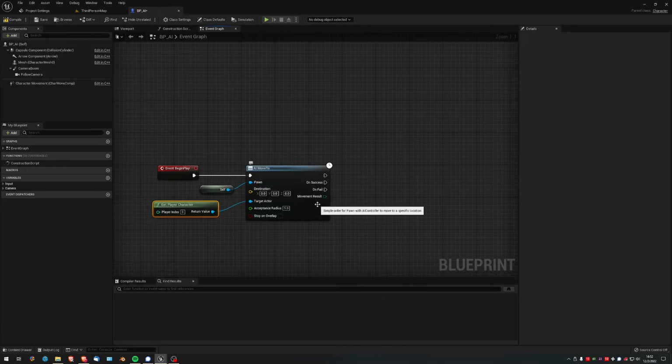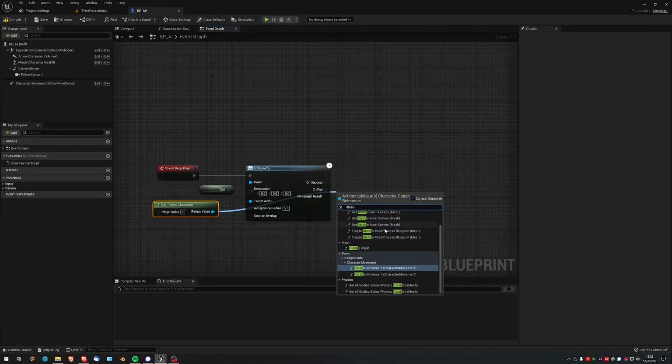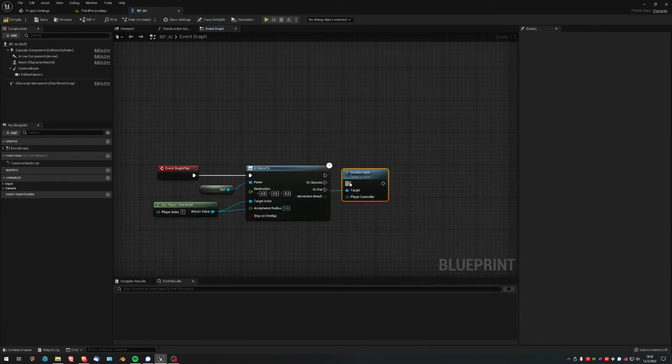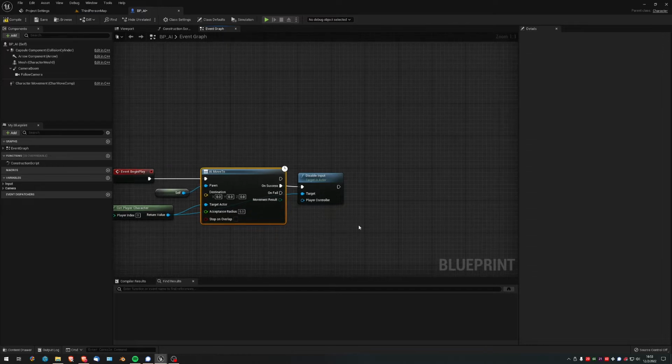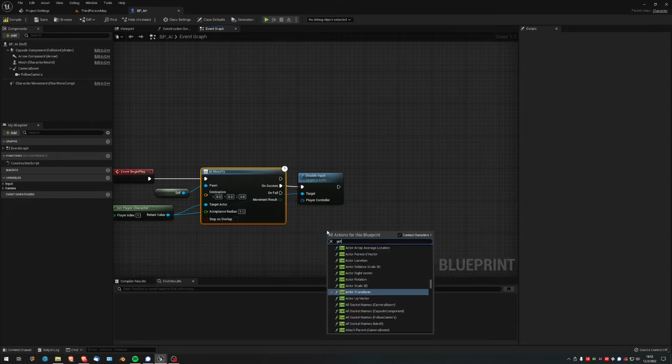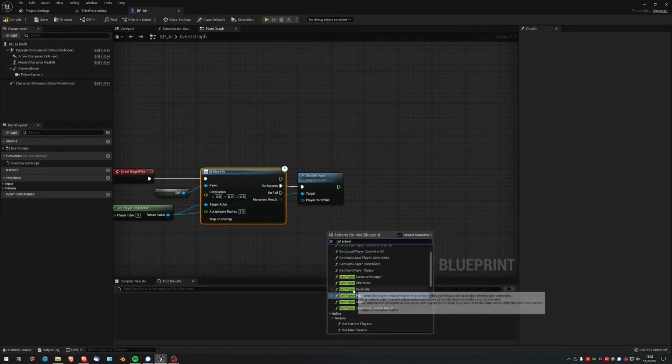And then, out of get player character, we're going to disable input, just so that our character can't move around anymore once it's caught us. And that's going to be on success, because that's if the AI character moves to our player character. When they move to us on success, it's going to do this. It's going to disable input, and then we're going to get the player controller